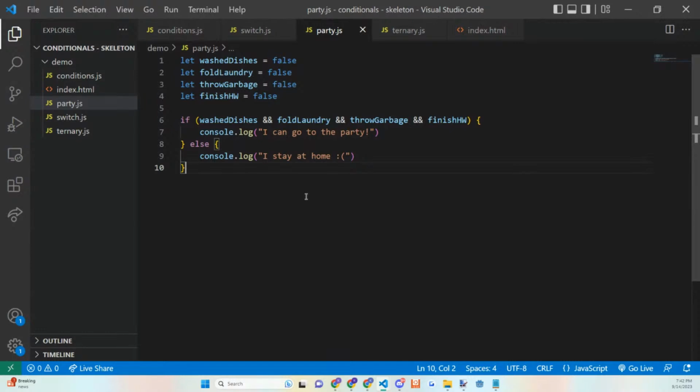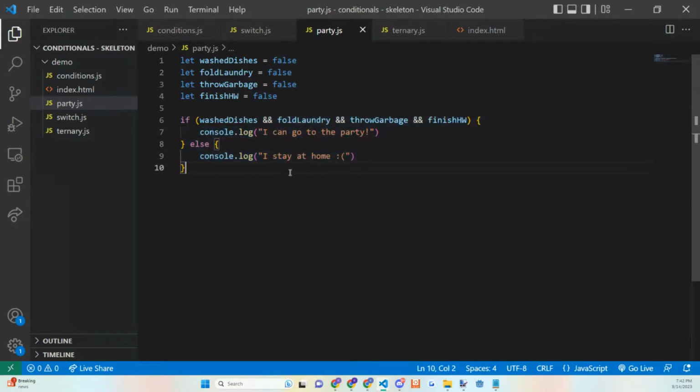All right, so this demo here, it kind of goes back to our original concept of if you're trying to go to a party, you have to fulfill some chores before you can go to the party, right? So what we have here is some chores that are all variables to start, right? Well, they're going to be variables all throughout, and they're going to be set to false, right?